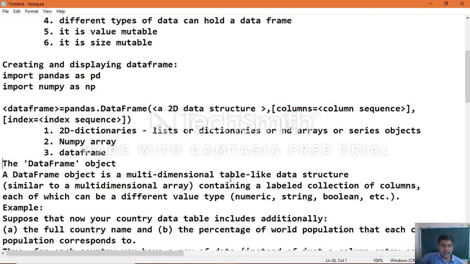Similar to a multi-dimensional array, the different types of arrays which we learned: one-dimensional, multi-dimensional, 2D, 3D, 4D, and so on.